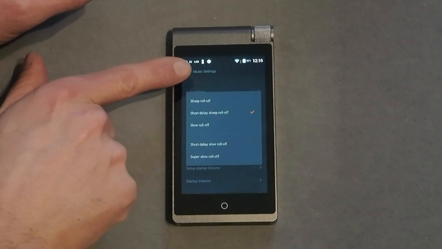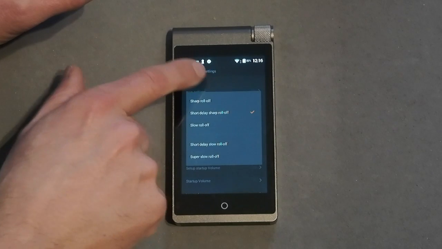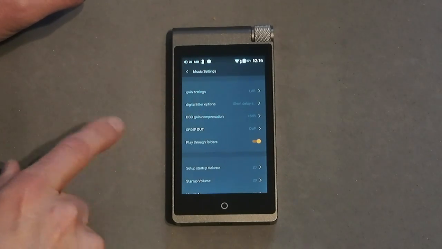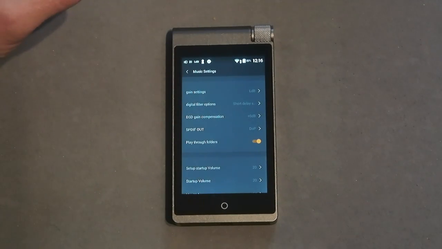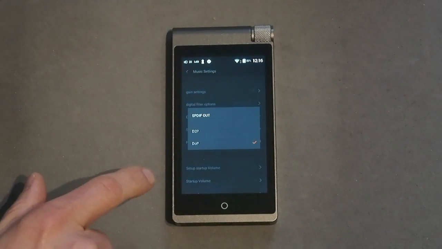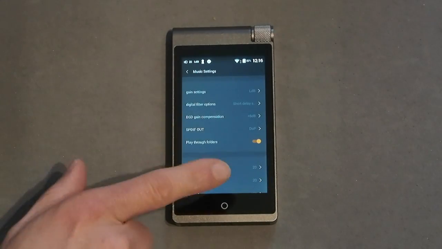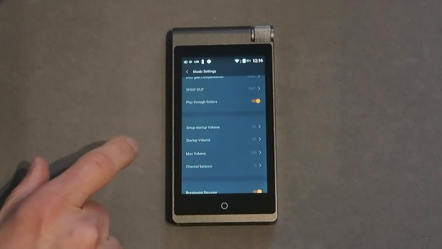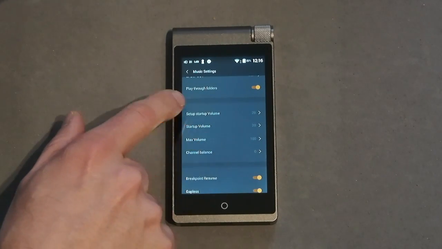It's got several different filter options. If you're into that kind of thing, you can choose those. You can add DSD compensation, crank it up 6 decibels if you need to for DSD files. For digital out, you can choose whether or not you want D2P or DOP. I'm not a DSD listener. I really don't have anything I think I could buy that I would enjoy listening to that much that's available via DSD. So